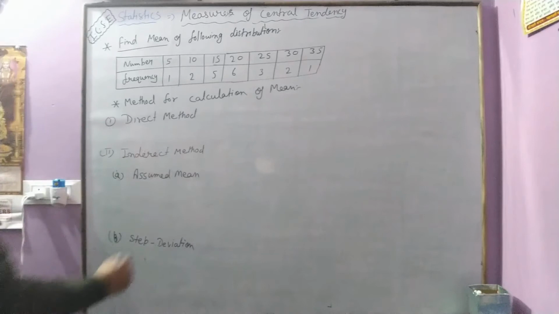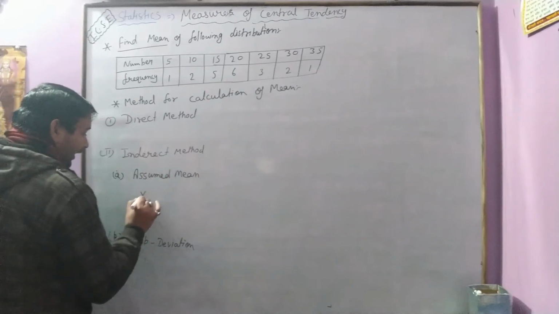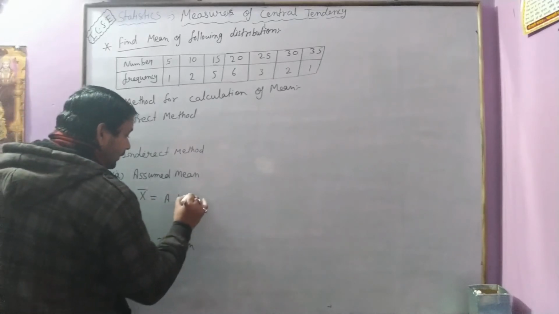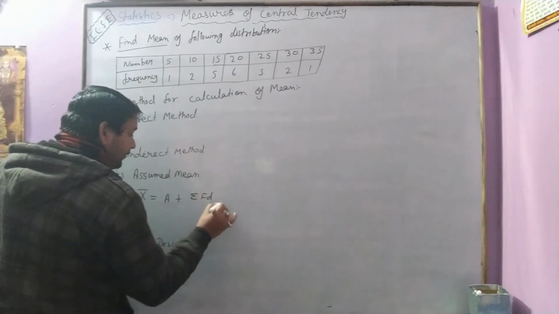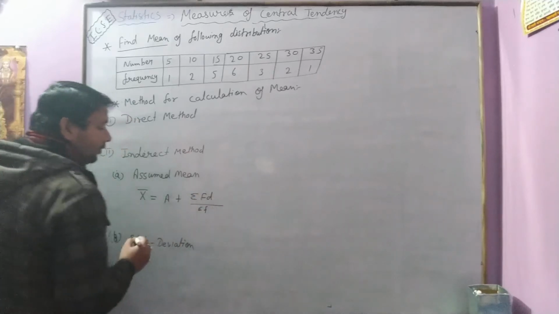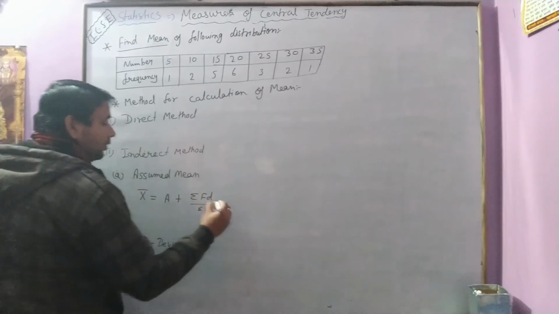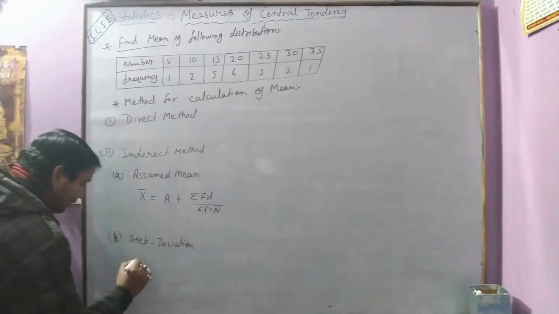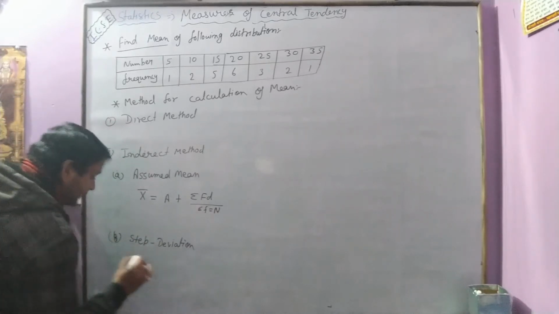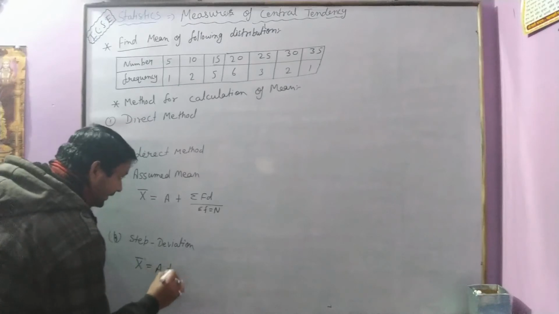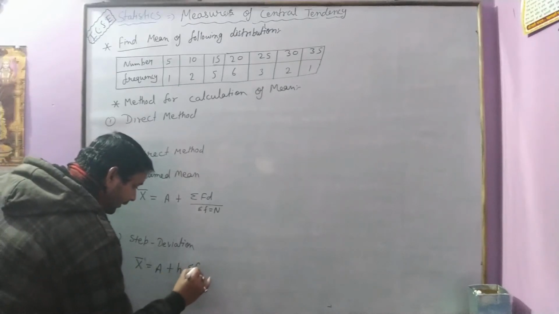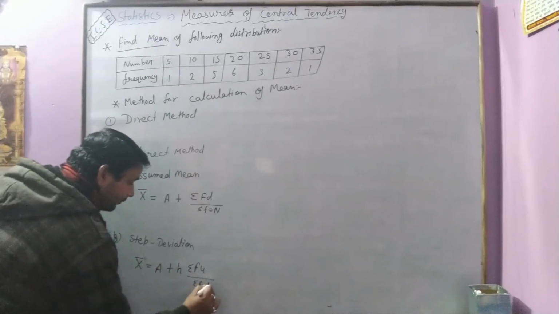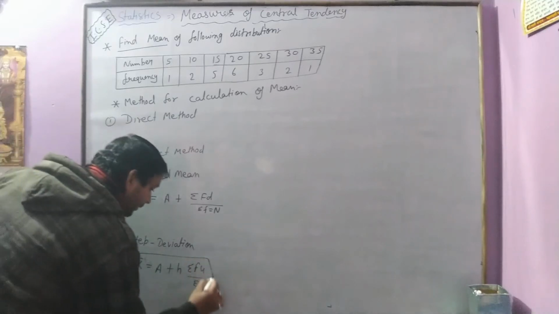Okay, now in assumed mean, the value of mean is equal to a plus summation fd upon summation f. Okay students, here summation f is also called total number of observations. And in step deviation, x bar is equal to a plus h fu upon summation f, that is equal to n. Okay, these are the methods